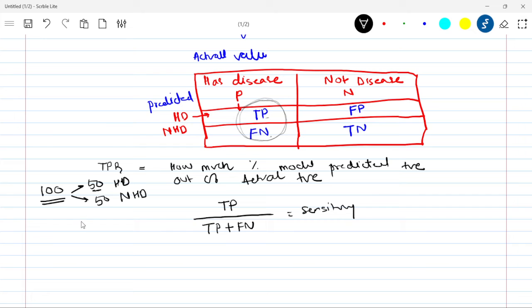And out of 50, my model only projected 25 as having disease, and 25 people as not having the disease, from the actual disease, right? So I can say that my sensitivity, so these are the predictions of positive, and this is the prediction of the negative out of actual people having the disease. So what is my value of sensitivity? If I calculate, then it becomes